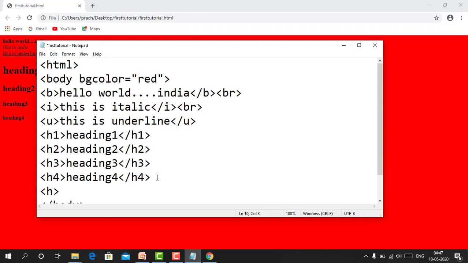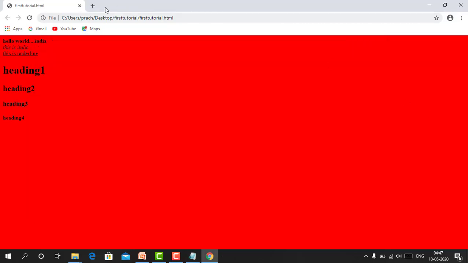Then H5, heading 5, and closing H5. Control S. Again go to Google Chrome and refresh this.